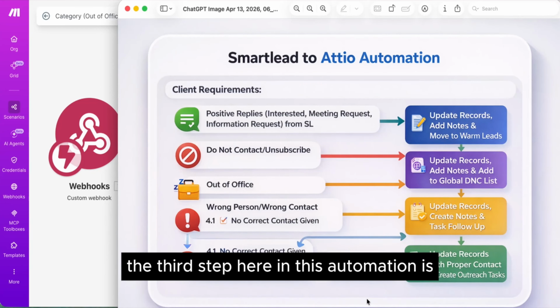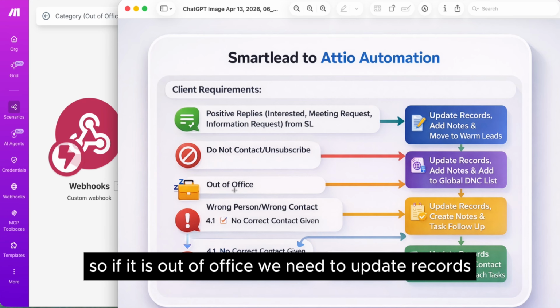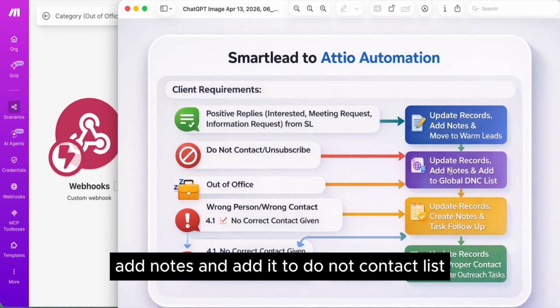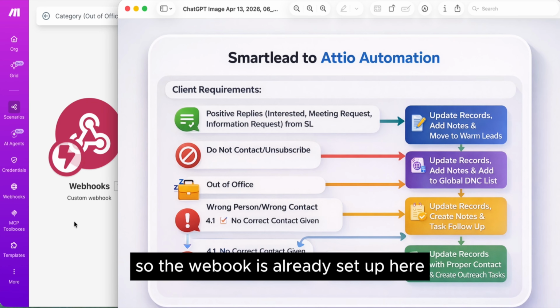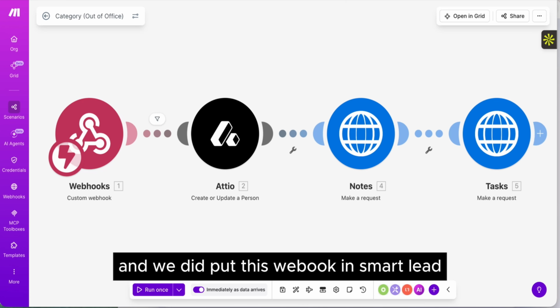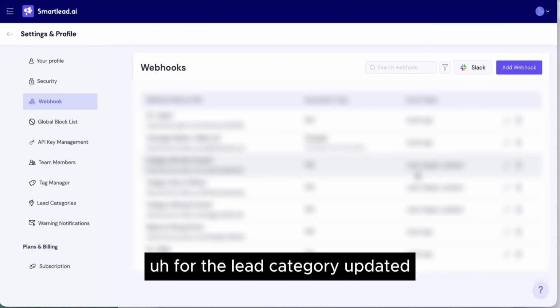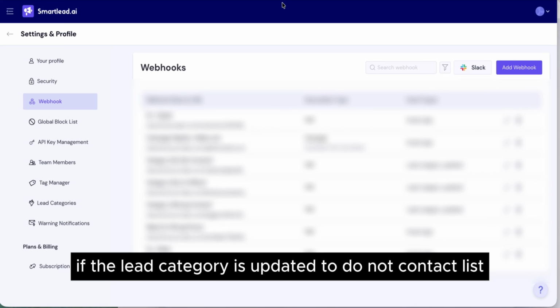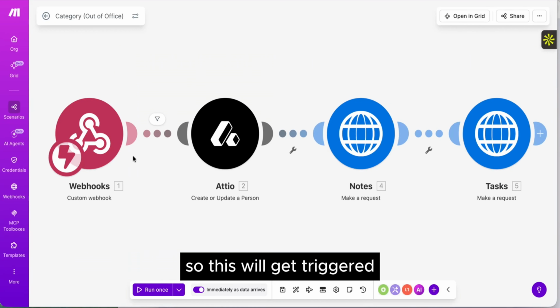Hey guys, so the third step here in this automation is about out of office. If it is out of office, we need to update records, add notes, and add it to the do not contact list. The webhook is already set up here, and we put this webhook in Smartlead for the lead category updated. So if the lead category is updated to do not contact list, this will get triggered,